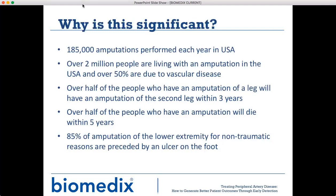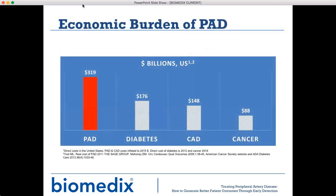As you can see, this is a dreadful byproduct of an aggressive disease, and one that clearly screams for early detection, early intervention, and maybe even more importantly, prevention. 85% of amputations of the lower extremity for non-traumatic reasons are preceded by an ulcer on the foot. That basically tells us there's an early warning sign of bad things to come, and we have an opportunity to change the ultimate outcome. Not only does this create an incredible medical burden on people and social impact, it has